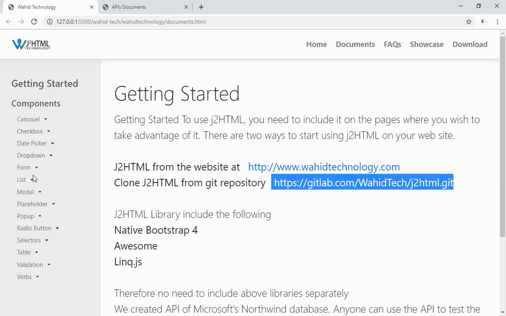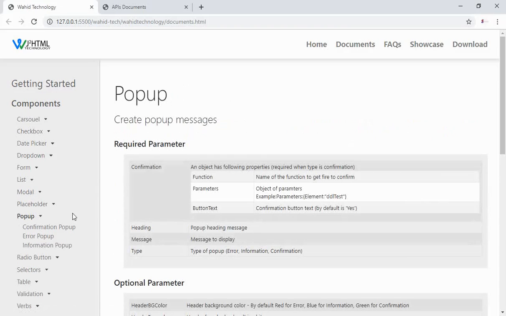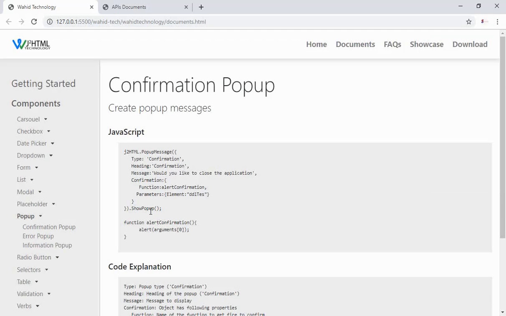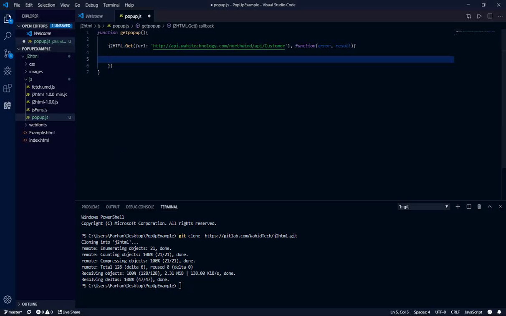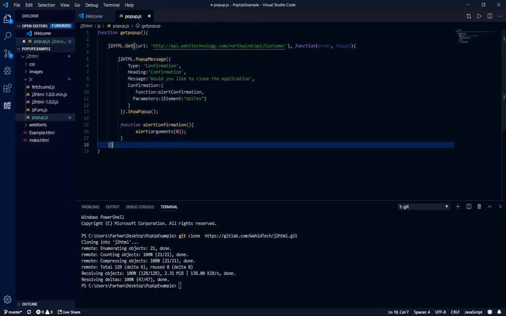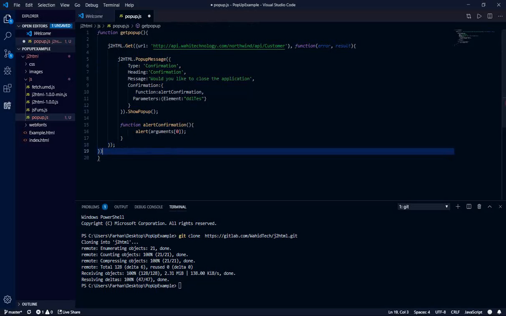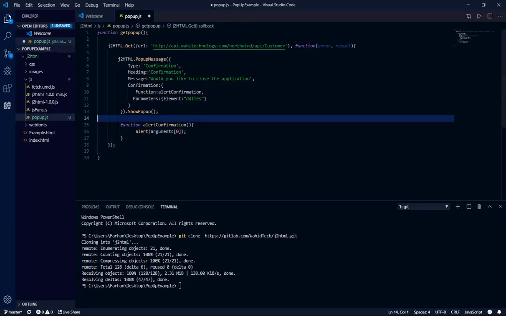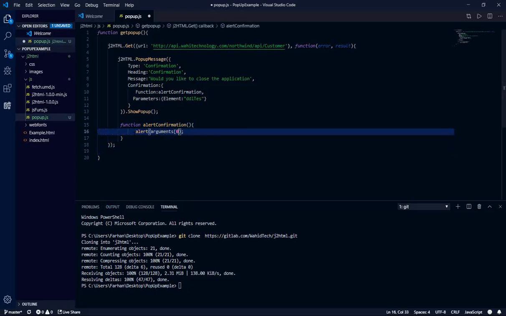Now we will simply go here and test our first example, that is the confirmation pop-up. For that, you can get the code directly from our documentation page. So to test the first example, that is the confirmation pop-up, you will simply copy this JavaScript code here and paste it here. Let's change the message to